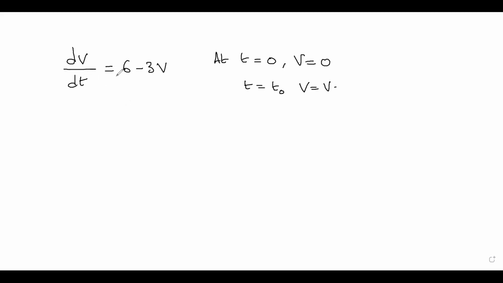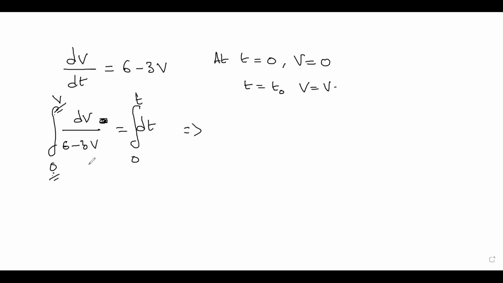This is the acceleration function. You have to find the velocity. That means you have to integrate on either side. So we write dv by 6 minus 3v is equal to dt. All the velocity terms go to one side, and then you have dt on the other side. Now you integrate velocity from 0 to v, and time from 0 to t. Initially the velocity was 0, and then it rises to velocity v. So this is how we have to integrate.